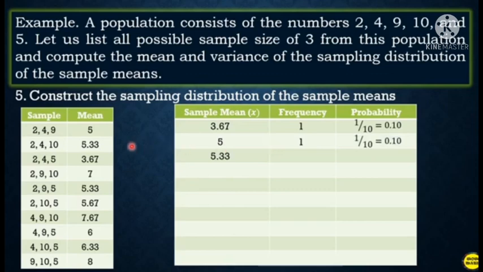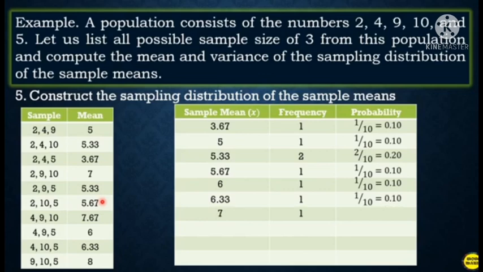Next is 5.33. Since meron tayong dalawang 5.33, so yung frequency natin is 2. So, therefore, the probability is 2 over 10 or 0.20. So, ang mga susunod na ay tig-isa na lang yung frequency, no? Ang sunod sa 5.33 natin is 5.67, 6, okay, 6.33, 7, 7.67, 8, okay, so,